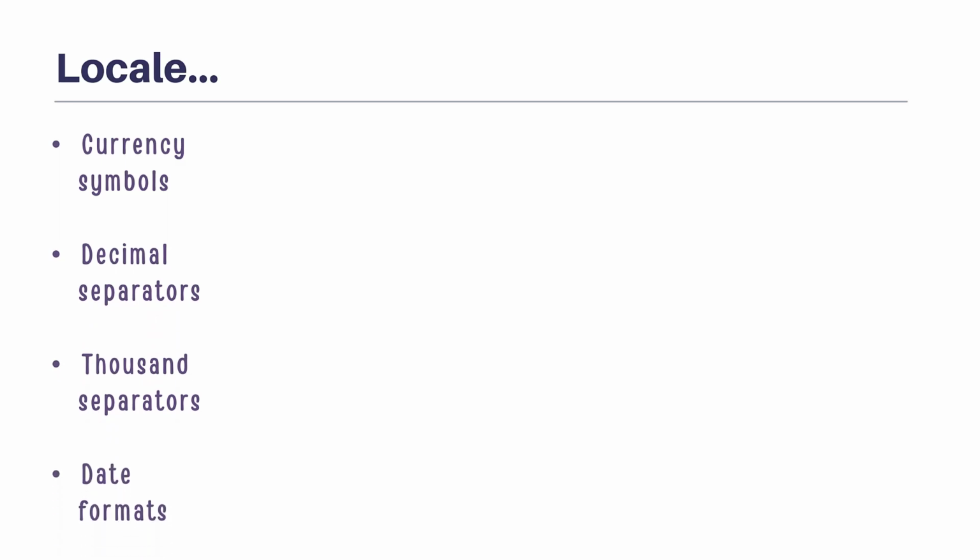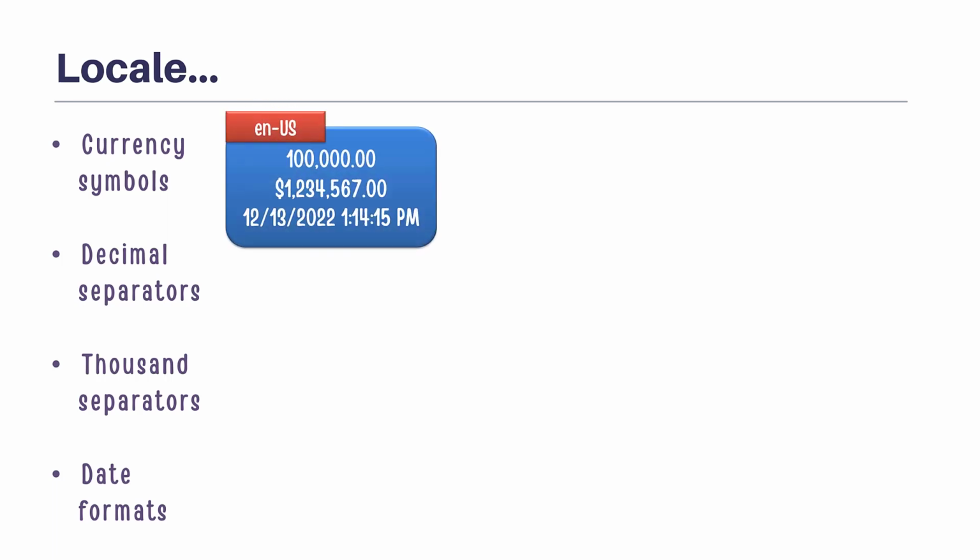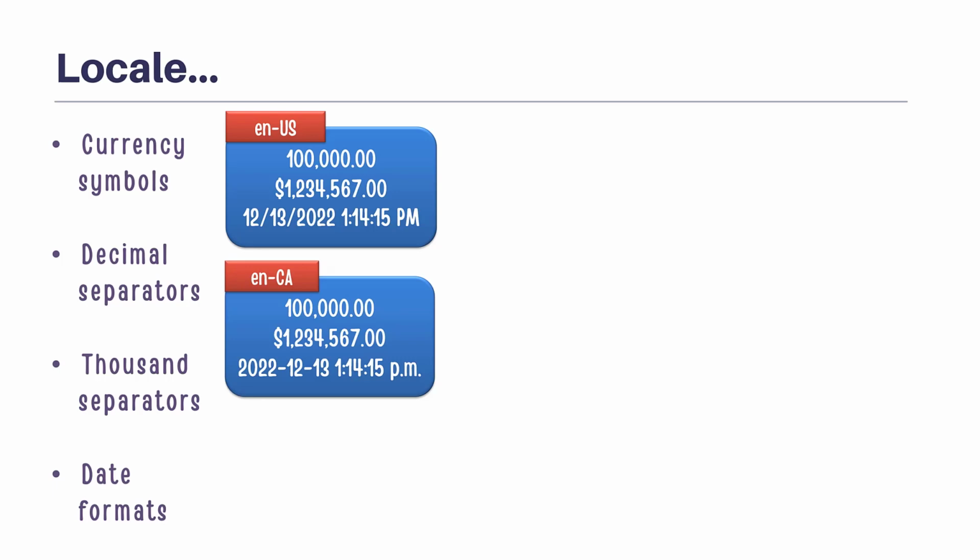It should also provide information about how the digits are grouped together in the numbers and in currency. Apart from this, the date and time formats may also be different in different languages and regions. Let's take few examples. The two cards here show the number, currency and date time format represented generally in US